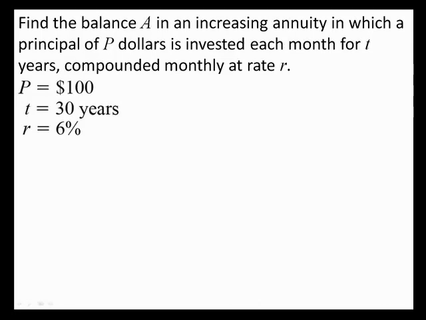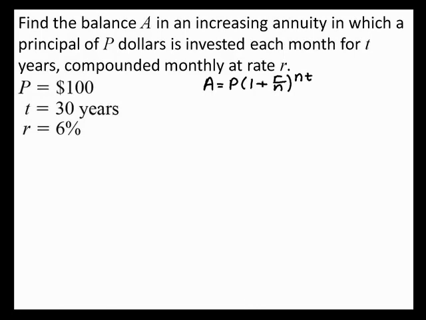Find the balance A in an increasing annuity in which a principal of P dollars is invested each month for T years, compounded monthly at rate R. P is equal to $100, T is equal to 30 years, and R is equal to 6%. Use the formula A is equal to P times the quantity 1 plus R divided by N to the NT,